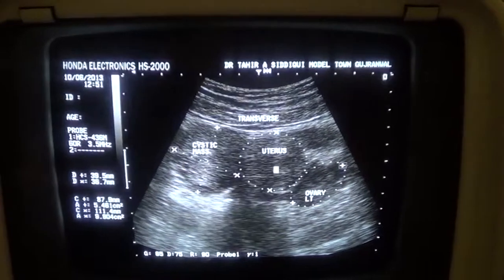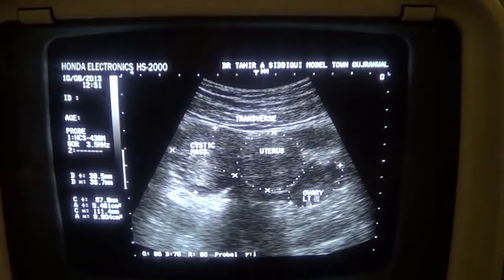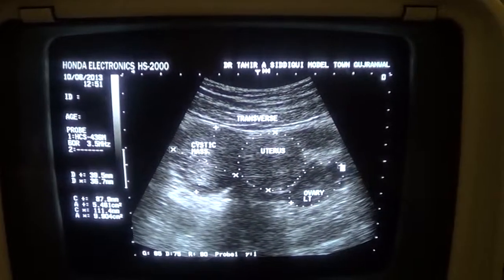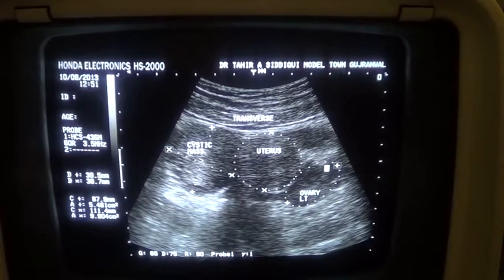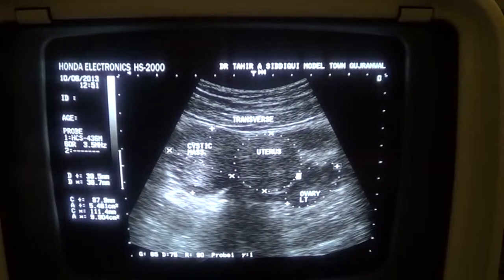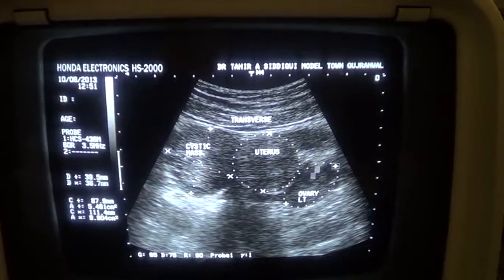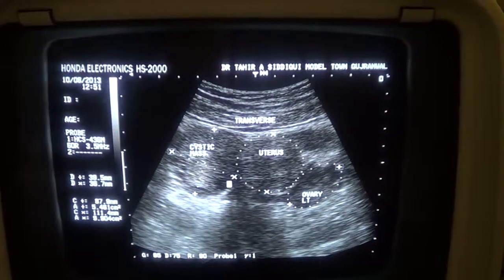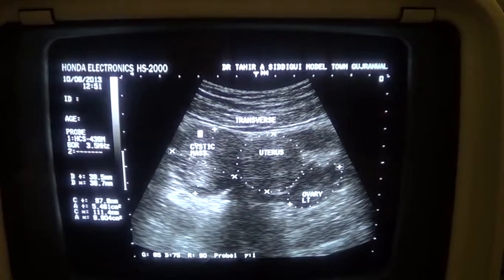And this is the ovary. This circle is demarcating the left ovary with tiny follicles. You can see this one. The small tiny cystic areas are developing follicles within the ovary. Now on the right side we see a well demarcated